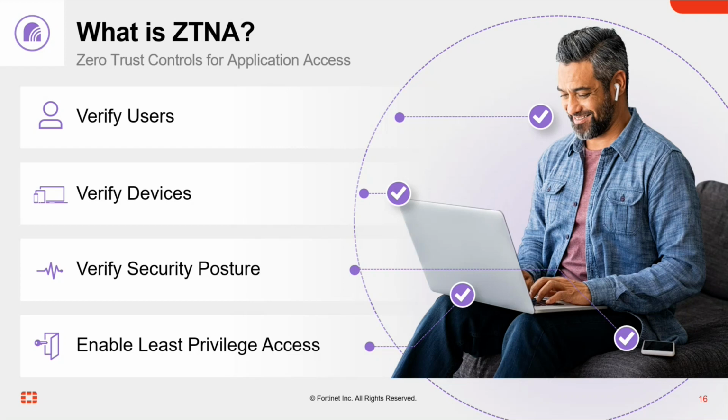Verify the security posture, and there's a variety of different means that we can do that. Is the user logged into the correct domain? Is the device that the user is using patched correctly? Does it have the current AV signatures? Are there specific registry keys that exist on the platform that need to be enabled before we verify the security posture of that device? And then essentially enable least privilege access. So if it does not meet any of those requirements, it may still have some access to the network if you deem so, perhaps through some sort of secure portal to access a subset of applications.